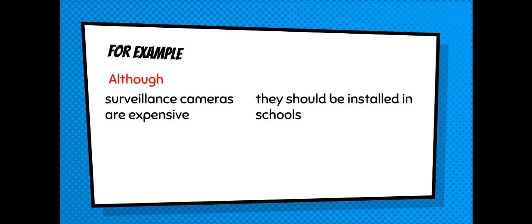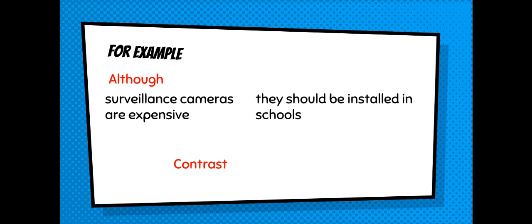So you add the word although, and that signals to the reader that you are using idea one as a contrast to idea two. It's like you are giving a concession. You know that this is a negative, surveillance cameras are expensive. However, they should be installed in schools. That's the positive. Also, adding the transition although makes these two ideas sound smoother and more connected, more fluent rather